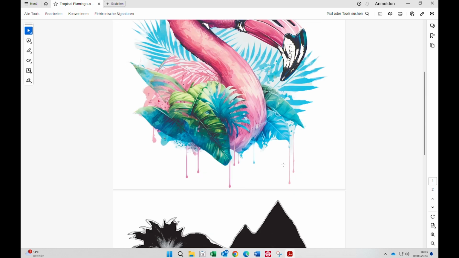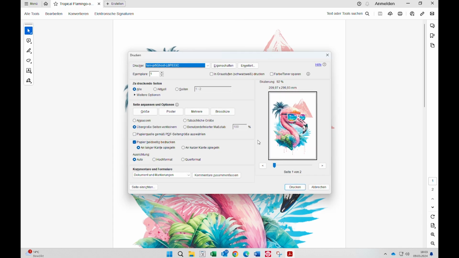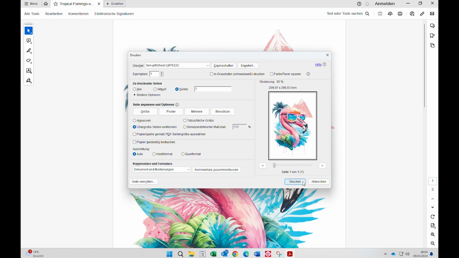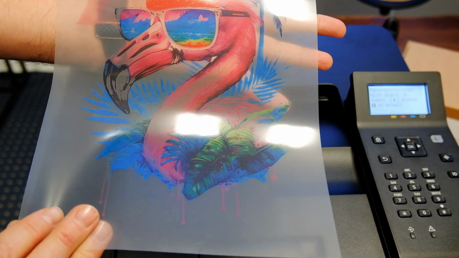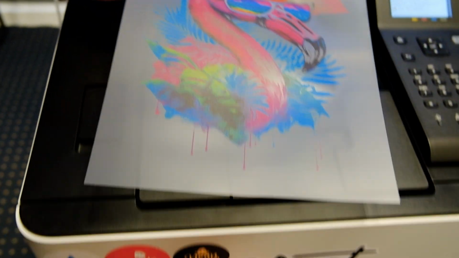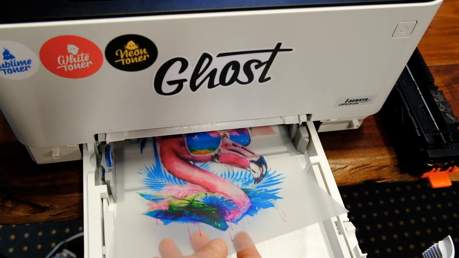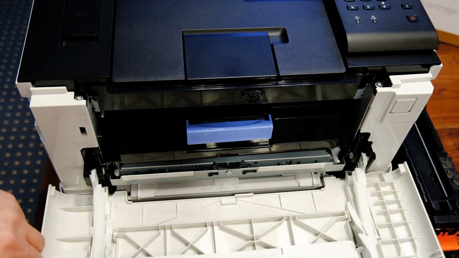To start, we will first print the color layer page with the black toner and the color toners inside the printer. For detailed print settings, please refer to other videos. The only thing you need to do here is only print the first page, of course. Once the file has been printed, you can see that we have all the colors and the darker colors from the black toner here on the design, and that we will surely need white toner coverage to get all these lighter colors represented nicely in transfer and to make the transfer work.